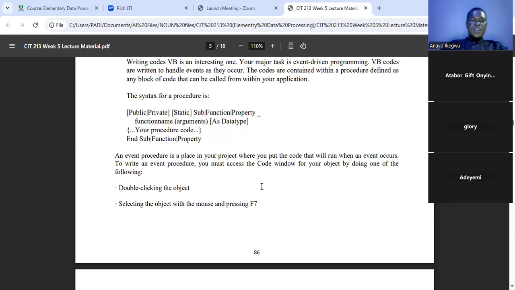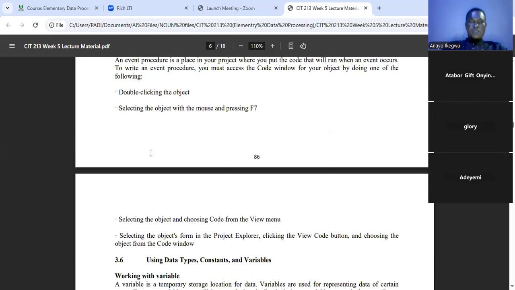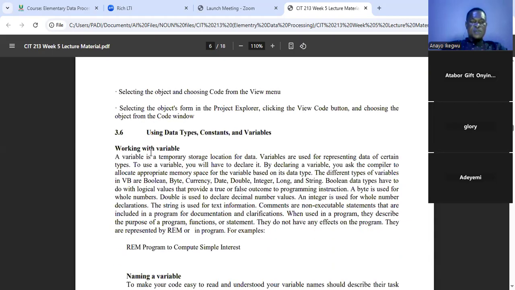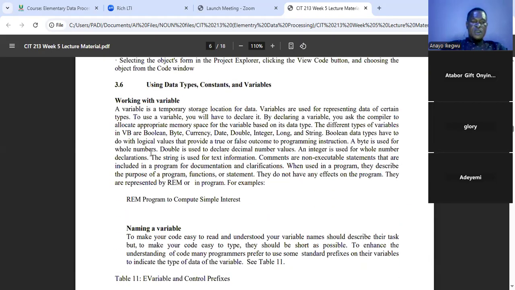So it is from there you can now maybe begin to write, program some small codes. You need to write some codes. Okay. Then there's another important key point that you should be able to understand before programming or before you write